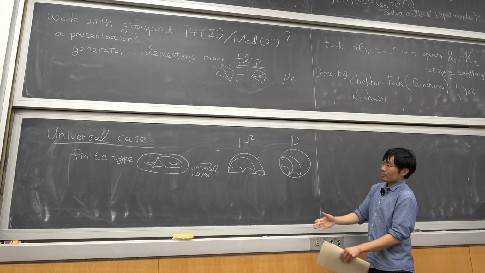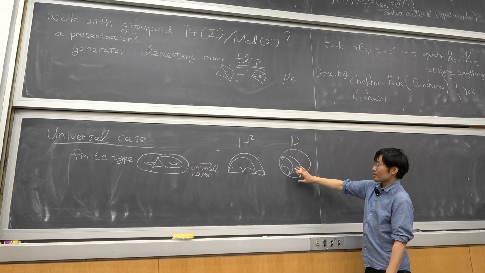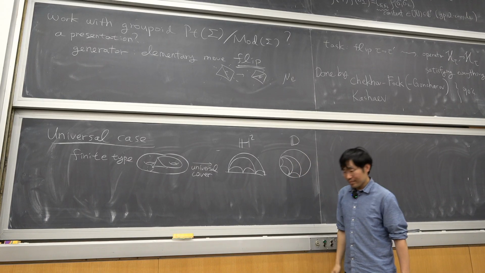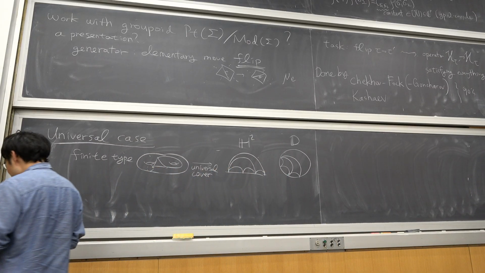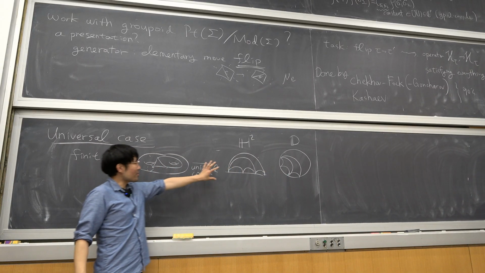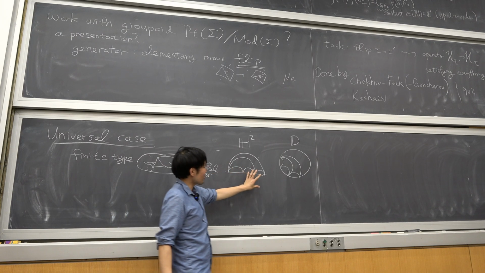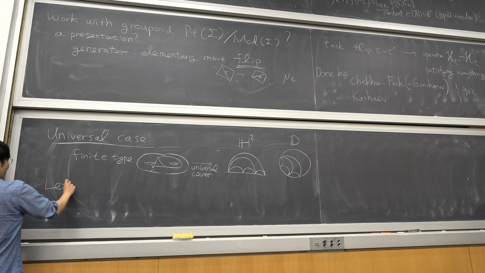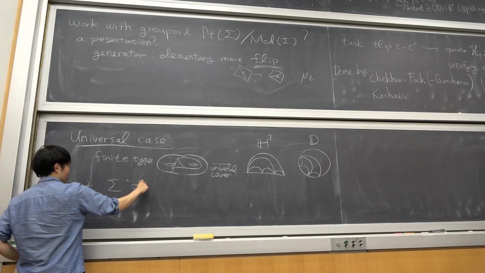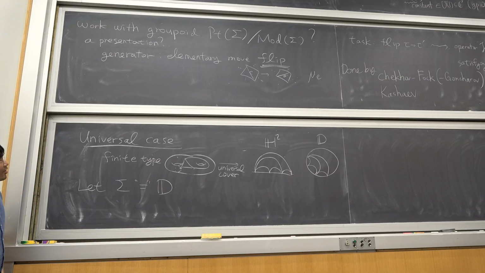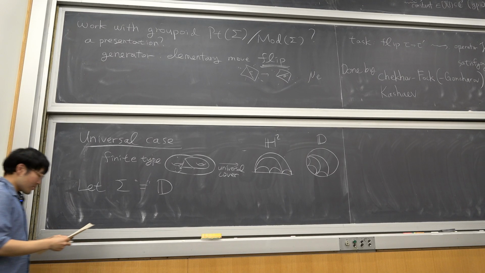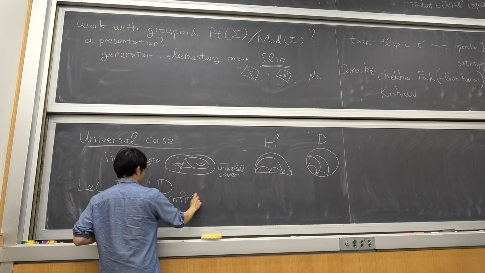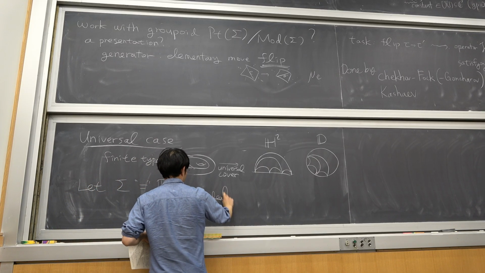And for finite type, you would have to deal with either a fundamental domain or the whole thing with some group action. But then the universal case means that you drop the invariance and then you actually deal with the infinite triangulation of the unit disk. So we let our surface be the open unit disk, but we still want to work with triangulations. So with infinite ideal triangulation,